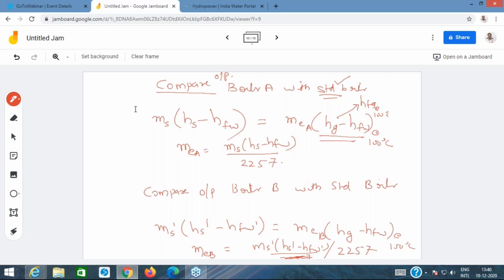Is this clear, the concept of equivalent evaporation, Ganesh? Whether the concept of equivalent evaporation is clear? Okay, for Kamlesh it is clear. Ganesh has understood. The girls, whether you understood, you want me to repeat this? Rushali has understood. Chaitali has understood.